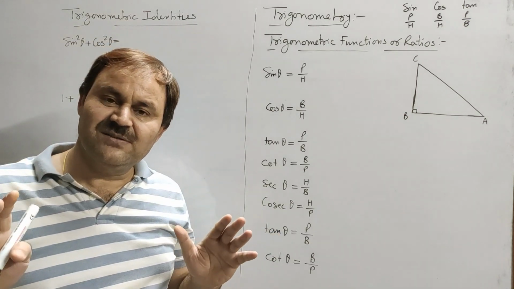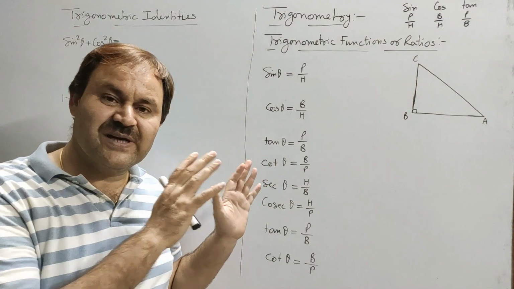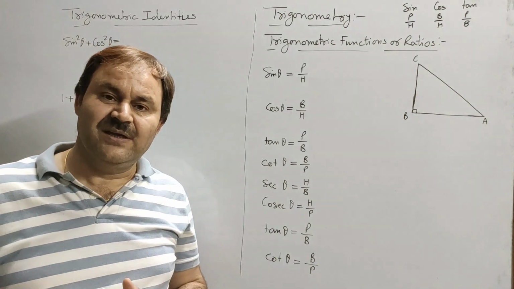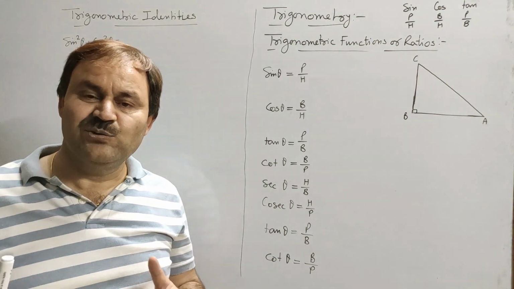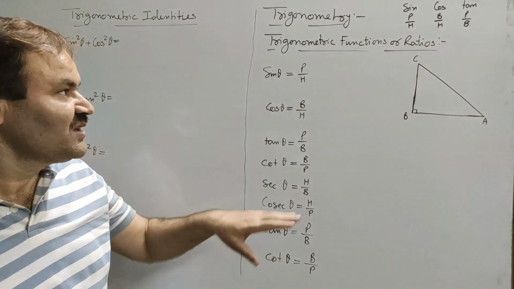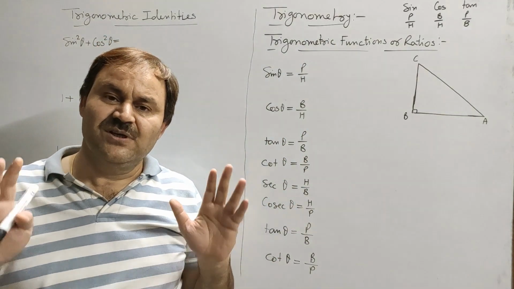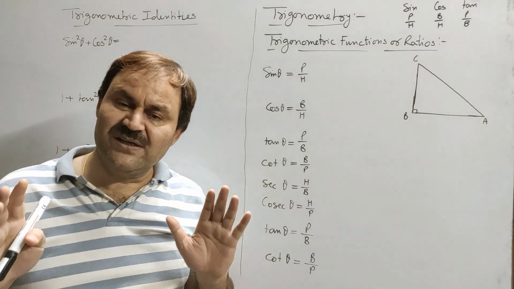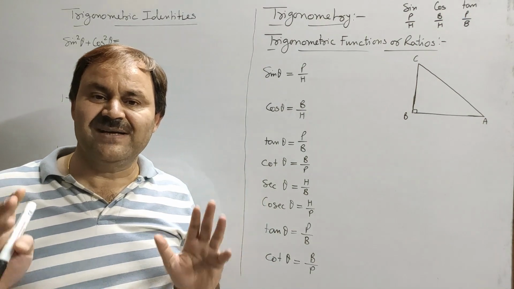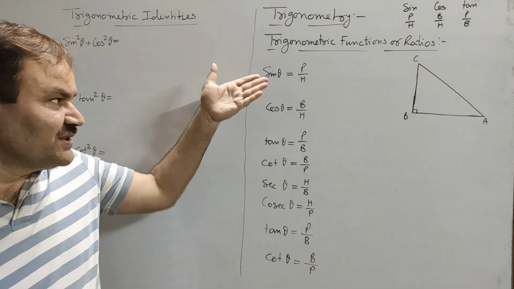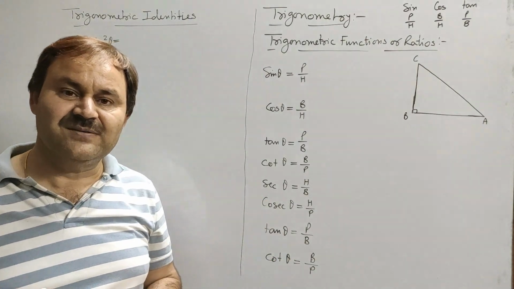But up till 10th standard, trigonometry is confined to the study related to right angle triangles only. In 11th standard, we will apply trigonometry to all kinds of triangles. Now, what are trigonometric functions or trigonometric ratios? Trigonometric functions or trigonometric ratios are the ratios of any two sides of a right angled triangle. It means T ratios will be defined for a right angled triangle.